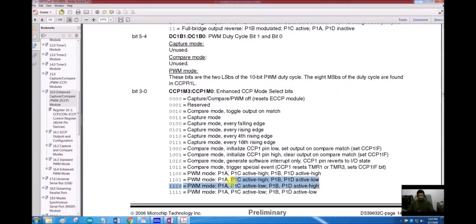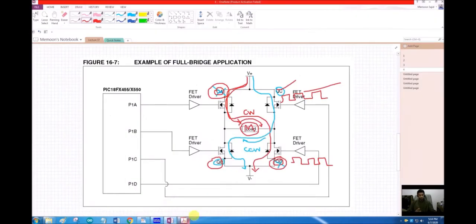Now coming to these four, what is the purpose of active high and active low? Very simple. All of these transistors here are n-type transistors. An n-type transistor turns on when a 1 is given at the base or the gate terminal. A p-type transistor turns on when a 0 is given at the base or the gate terminal.